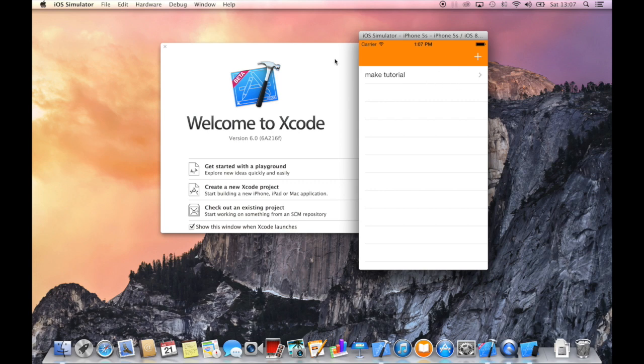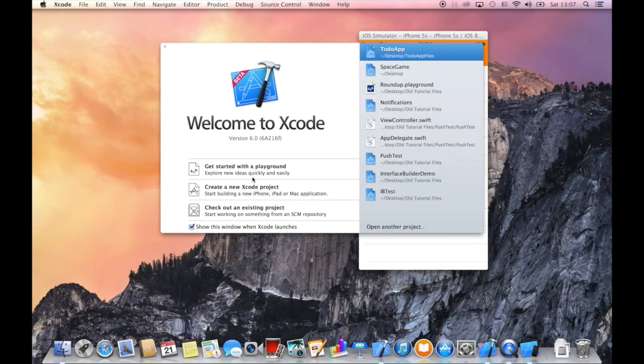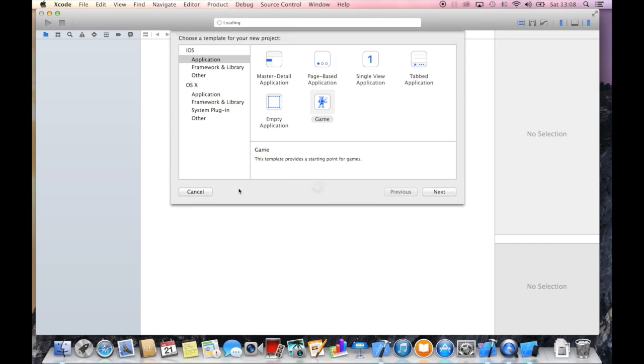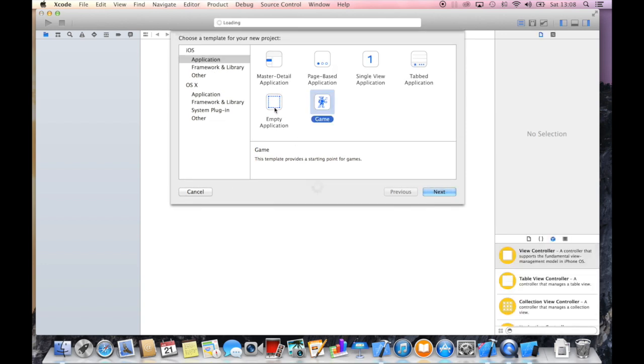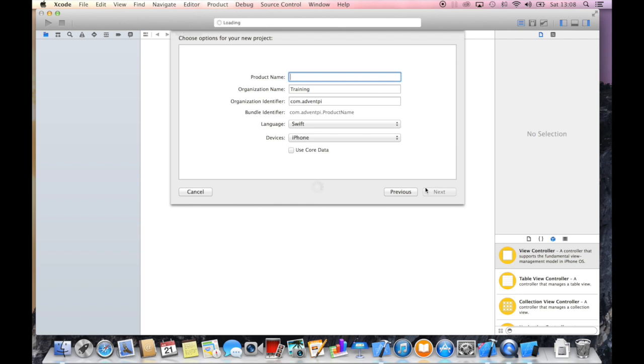So how are we going to do that? It's pretty simple, actually. So let's start Xcode, and let's first create a new Xcode project. And so that you can see how everything is done from the ground up, I'm not going to use a single view application or master detail application, which will give you some templates to work with, which is actually easy, but you don't understand how to actually build a project from the ground up. So let's start with an empty project, and let's call our app to-do